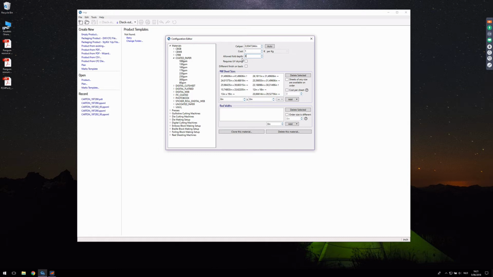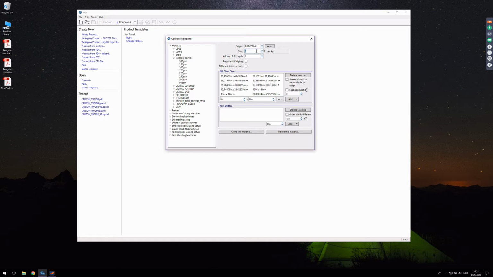So when Imp is calculating signatures, how many times can a particular sheet be folded before we reach the limits of that particular paper. The costing parameter for media is relatively simple. I get to define either by weight or by surface area how much that particular medium costs. What you'll see later is that the technical parameters, of course, are used to determine where this medium can